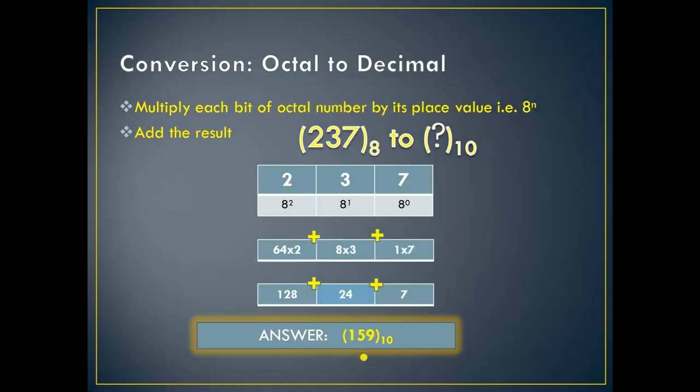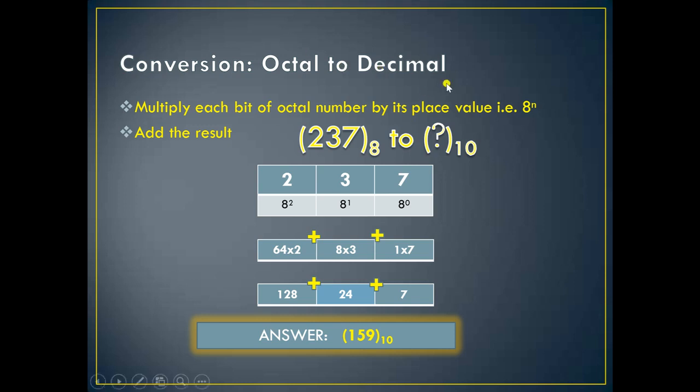Now see another, that is octal to decimal. First, what we did, we converted the number from decimal to binary, decimal to octal, decimal to hexadecimal. Now we are converting the number binary to decimal, octal to decimal, and then hexadecimal to decimal. So in this we will multiply the number